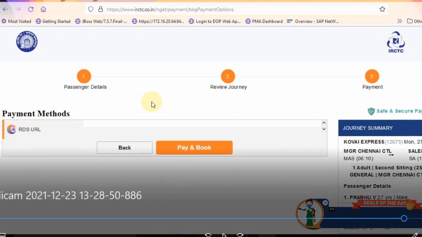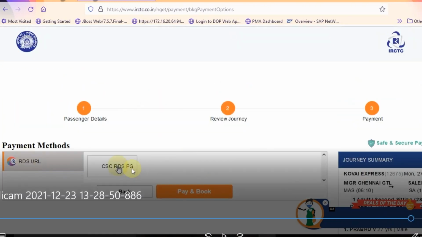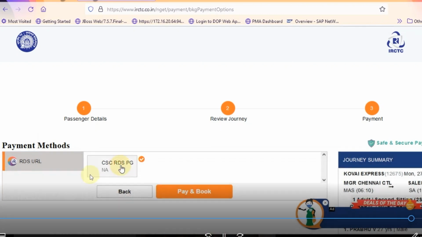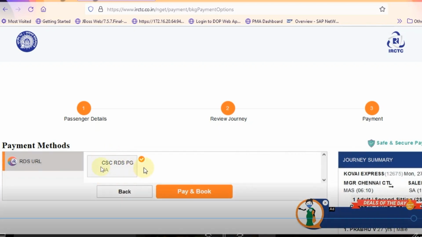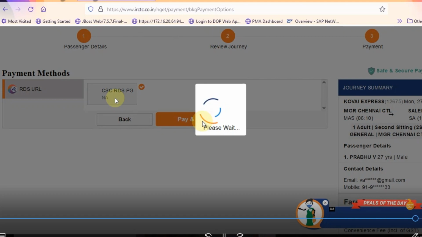Now we have to click on this RDS URL which is mentioned here. After clicking that RDS URL, we will get the CSC RDS PG payment gateway. This is the gateway which has been provided to the CSC users. So now we are clicking the CSC RDS payment gateway and click on pay and book.